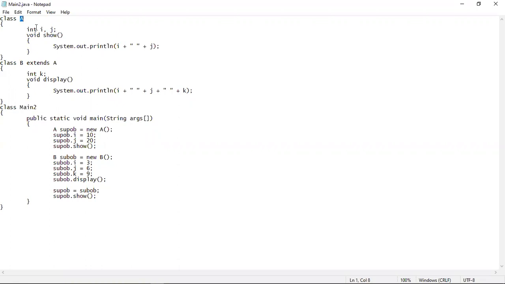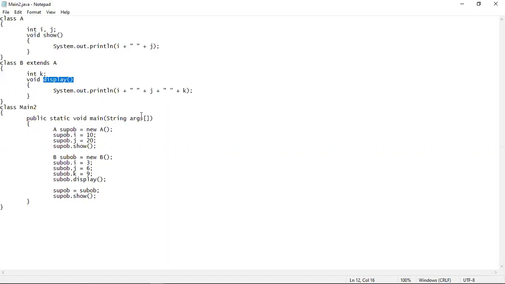So the A superclass has two variables. This is the same program as I have just explained when I explained simple inheritance. So in this program, what I have done is I have added two more lines here in order to implement the concept that I was discussing. So these are the two instance variables of the superclass A, and this is the show method that will print the values of i and j. B is the subclass. We have used the extends keyword in order to implement simple inheritance. k is the instance variable of the B class, and the display method will print the values of i, j and k.